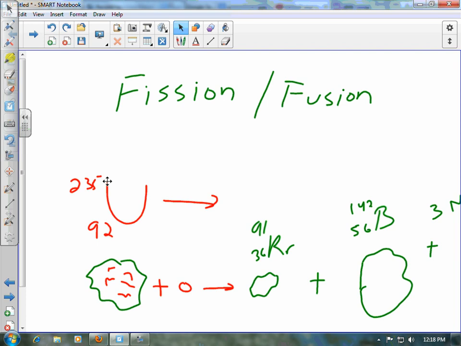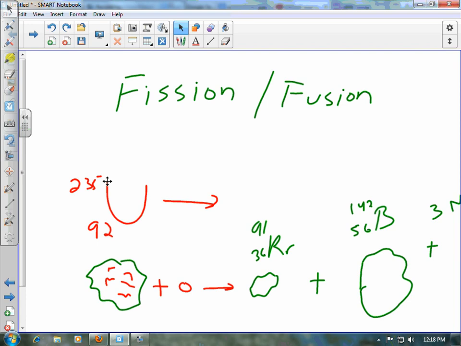And it turns out if there's enough of this stuff in one spot, the chain reaction will become what's called critical, and you end up with an explosion. And that's a nuclear explosion. So the first nuclear weapons were fission bombs, where the idea was to get a piece of uranium to become critical, and the fission would all happen at the same time, and it would explode very violently. Those are the types of bombs that were dropped in World War II, were fission bombs.